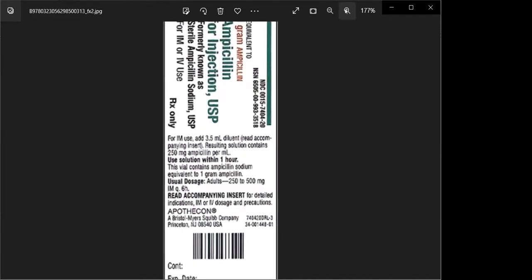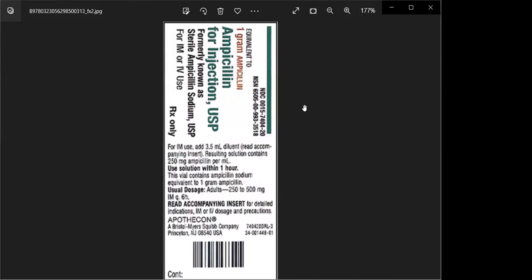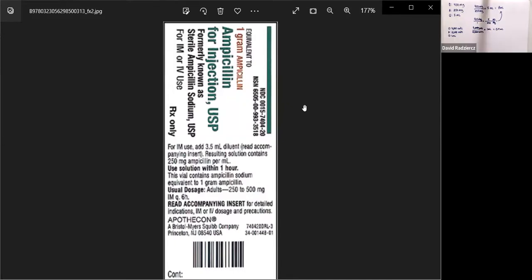Because I remember doing some questions on ATI and it had the reconstitution amount, but it wasn't asking for that because of how it was being given. So I guess I was just wondering, on the actual dosing test, are they going to have trick questions like that? So, and that's the thing. It's not supposed to be a trick, but yes, you will have questions like this,